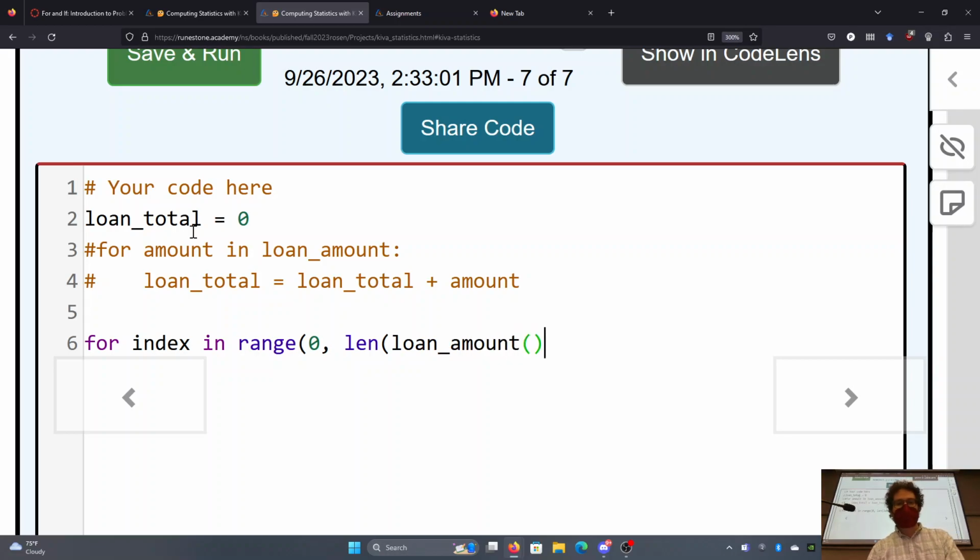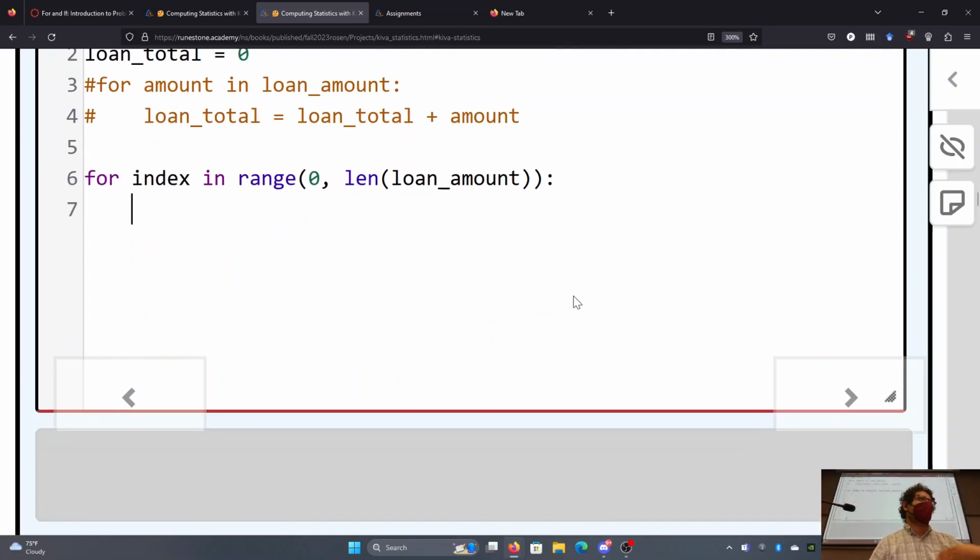So the list loan amount has 25 entries in it. I was wrong about it being 40, so it's 25. Which means the valid indexes are 0 up to, but not including 25, so 0 through 24. So if we iterate through 0 and 24, we can access each loan amount individually and pull it out. Now, this is not the way I would suggest doing it, but if you tried it this way, that's also okay. It's just a bit more verbose, but I want to emphasize the whole way it works to extract